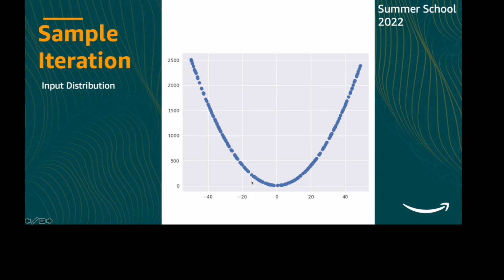The input to the generator function will be some random noise, and the output will be a two-dimensional data point. Then we'll use a discriminator function. We'll pass either a real data point from the input data or a data point generated by the generator, and ask the discriminator to discriminate whether it's a real point or a point generated by the generator.